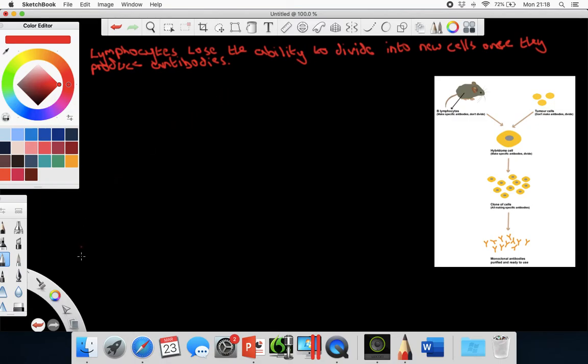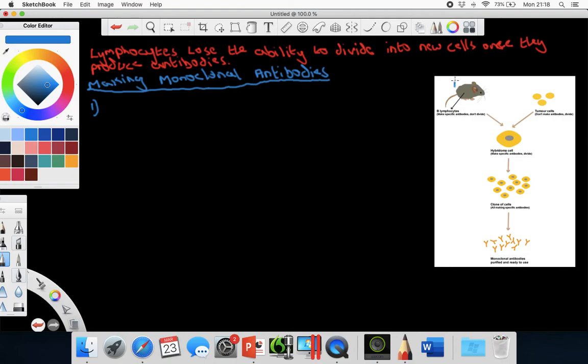Okay? So our subheading for our second learning objective, we can say making monoclonal antibodies. I'm going to use a different colour so I can number it. Making monoclonal antibodies. Okay, making monoclonal antibodies. So the first thing that we do when we make monoclonal antibodies is that we inject